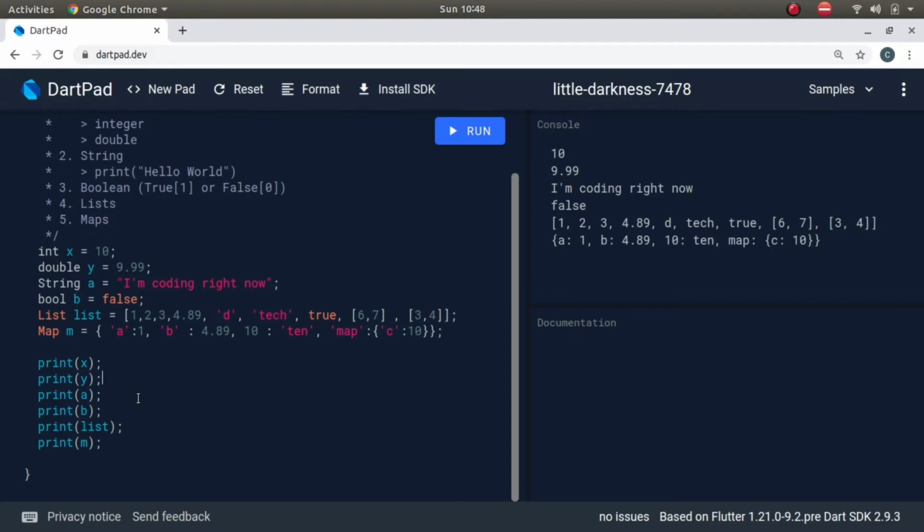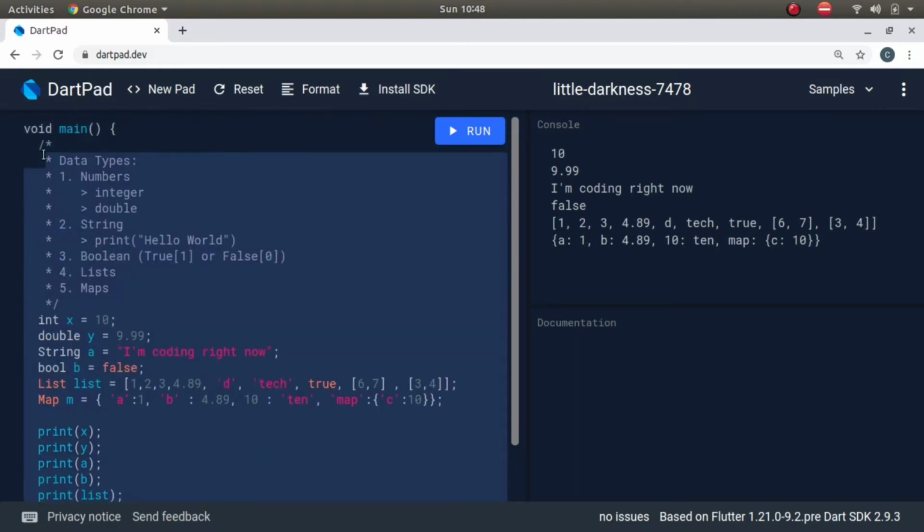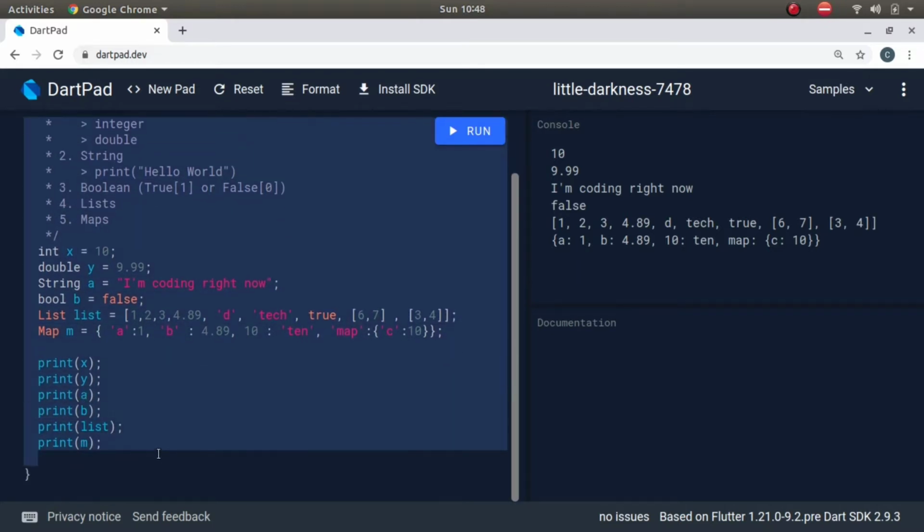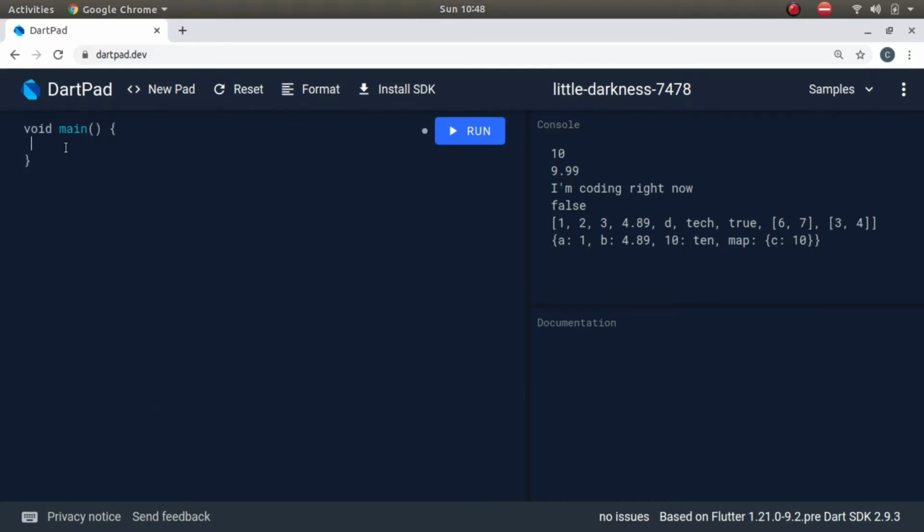Okay, in the last video we saw data types. This is the code from the last video. I'm erasing it now. In this video we will see what operators are. There are different kinds of operators. I explained the assignment operator, I guess, in the previous video, that is the equal to symbol. Now we will see different types of operators in this video.